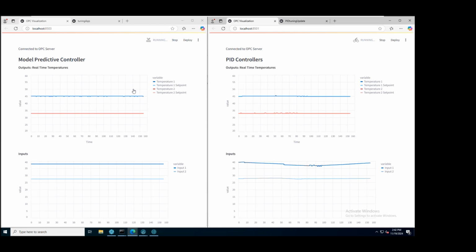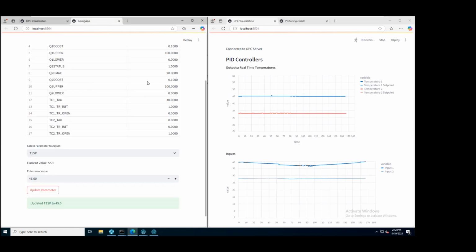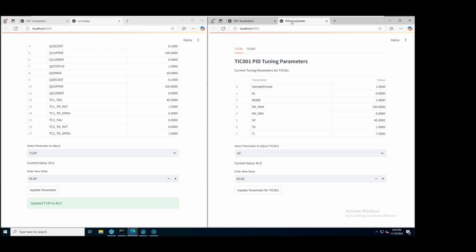In this case, we are controlling two temperatures, temperature 1 and its associated set point, and temperature 2 as well as its associated set point. And we have two inputs, input 1 and input 2. In the PID controller case, we have two PIDs, so we are using input 1 to control temperature 1 and input 2 to control temperature 2. Makes sense. So what we will be doing is making a set point change on both of these controllers, and we're going to illustrate the difference in the way the inputs behave,